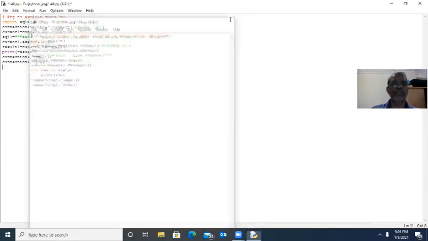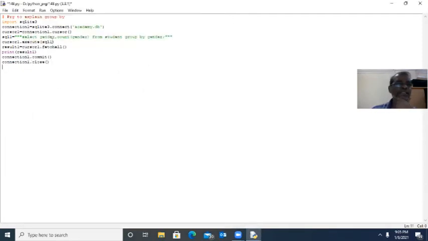But our aim is now select gender, count of gender from students, group by gender. We want to find how many female students are there, how many male students are there. Number of students in each group based on gender wise.